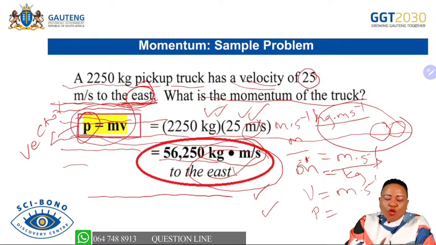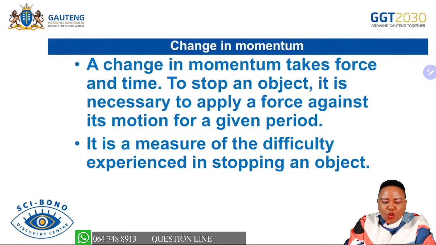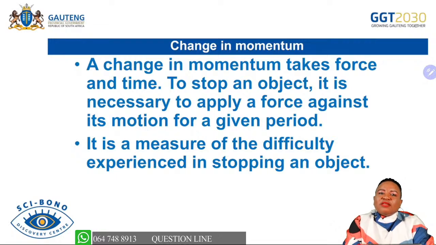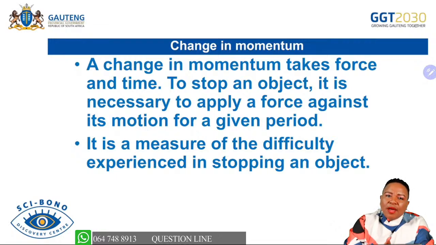So this is one of the problems that we can do at the beginning of the year, as we are using the formula P is equal to mv. We are not prohibited from calculating the mass or the velocity using the same formula. So you must know that sometimes the teacher can give you the momentum, and you need to manipulate the formula and calculate velocity or mass. So you need to know how to manipulate your formula.